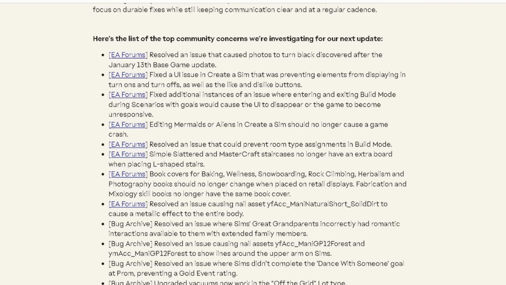They said they fixed a UI issue in Creative Sim that was preventing elements from displaying in turn ons and turn offs, as well as the like and dislike button. They fixed additional instances of issues where entering or exiting build mode during scenarios or goals would cause the UI to disappear or the game to become unresponsive. They said editing mermaids or aliens in Creative Sim should no longer cause a game crash. They resolved an issue that could prevent room type